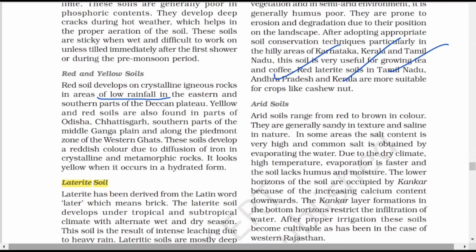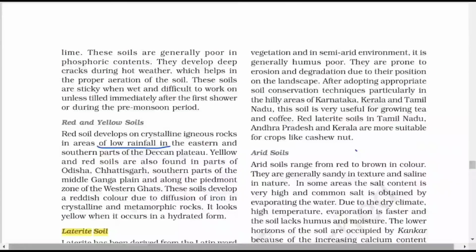Now which state is missing in the cashew nut and it is there in the tea? Assam. Oh no, my dear, we are not talking about Assam here. Previous line, Karnataka. Karnataka is missing here. Very good. That answer only I wanted from the student. In the previous line, tea and coffee, it is given that it is done in the state of Karnataka, Kerala, Tamil Nadu. Now, cashew nut is done in Kerala and Tamil Nadu. So you got the two similar names, only Andhra Pradesh is given different and there it is Karnataka. So that difference just put in your mind.